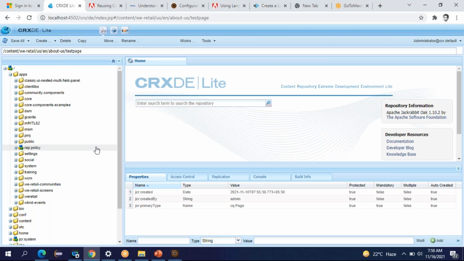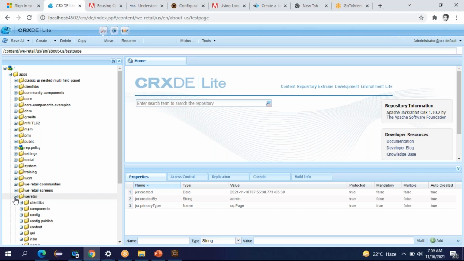Once the template is created, the content author can use those templates to create the page and use those components to show the content on the pages. In the apps folder, you can see a number of folders. There is a folder called WE Retail.